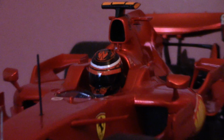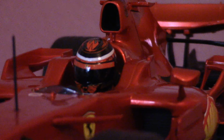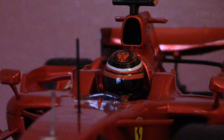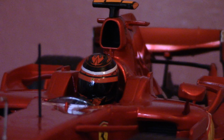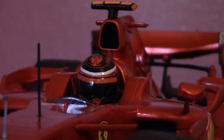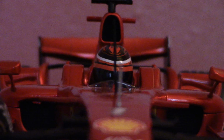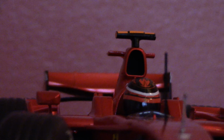Additionally, you can see the head surround here in the cockpit, just around the driver's helmet. That is higher than it was on its predecessors. Again, just a little bit more protection necessary for the driver's helmet there. And this is a trend that we still see in Formula One with the introduction of the dreaded halo device. Yes, I do believe that the reason for those extended cockpit bolsters in '08 was almost exclusively due to an